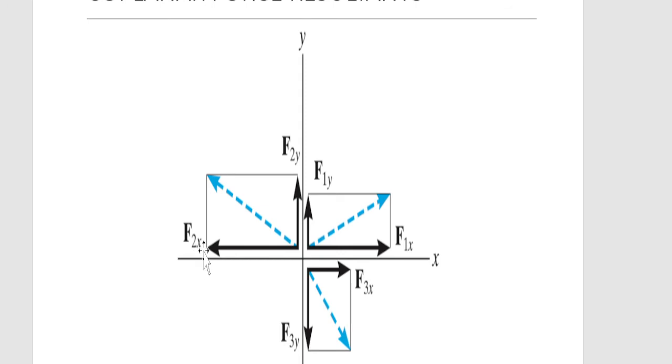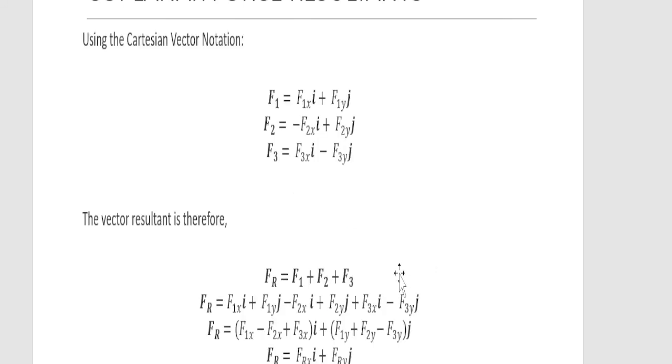So here you can see F2x horizontal component, vertical component F2y. For the first one, horizontal component is F1x and vertical is F1y. Then for the third one, F3y, F3x. So using the Cartesian vector notation, you can indicate all of those vectors. F1 should be equal to F1x i plus F1y j. F2 should be equal to minus F2x i,